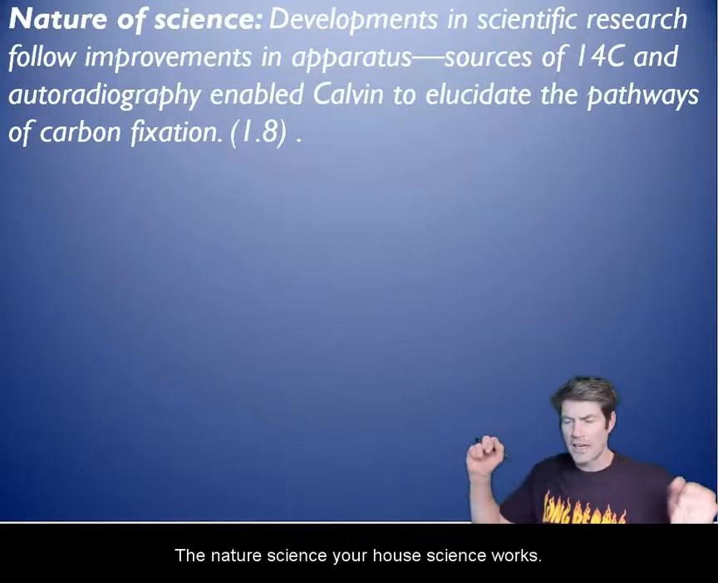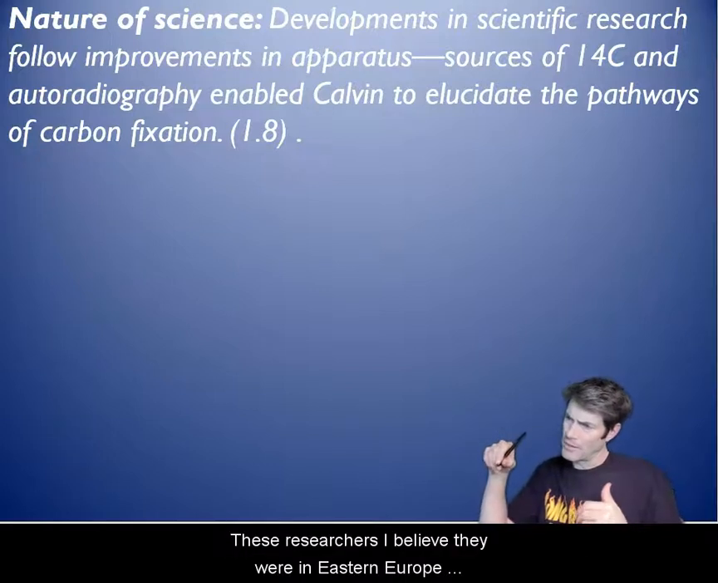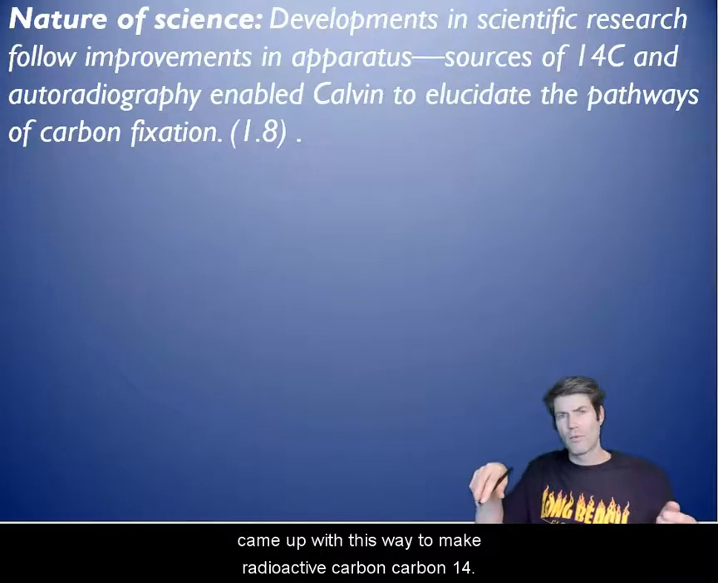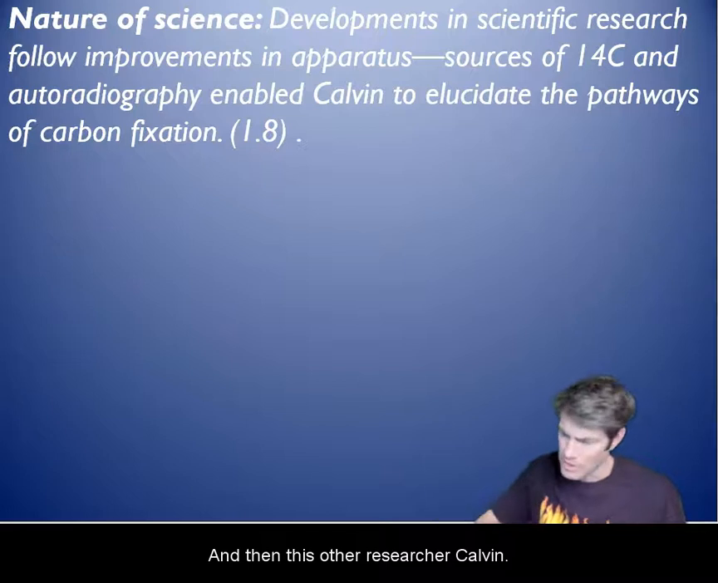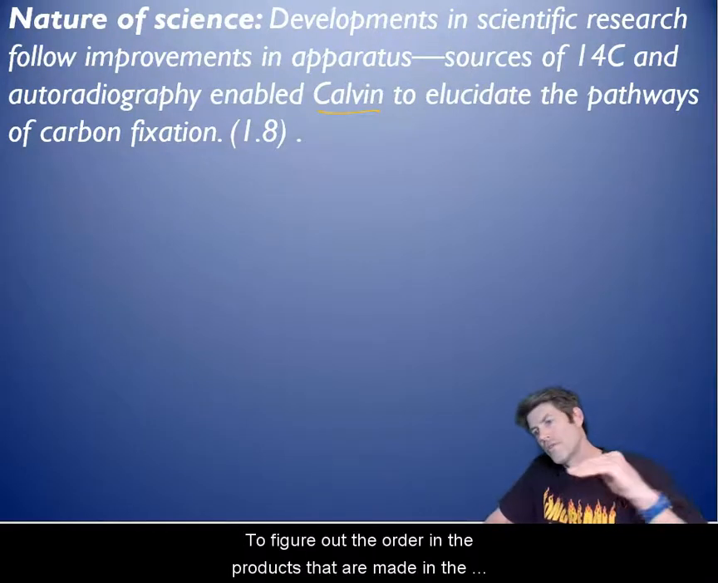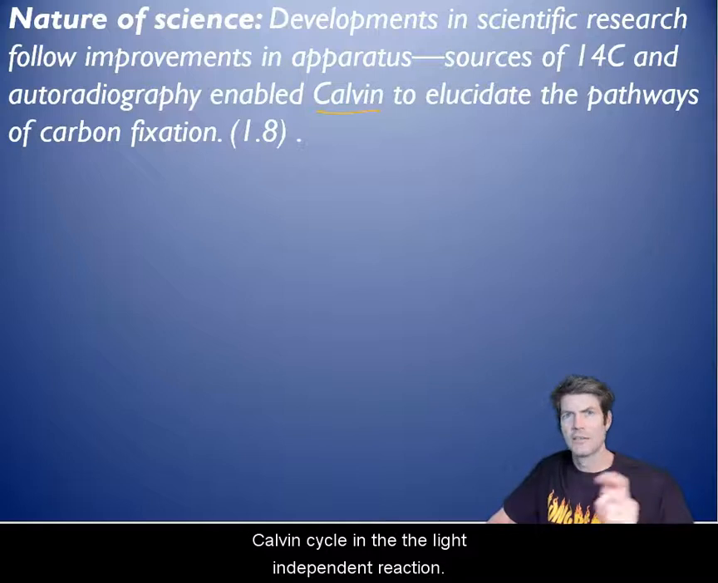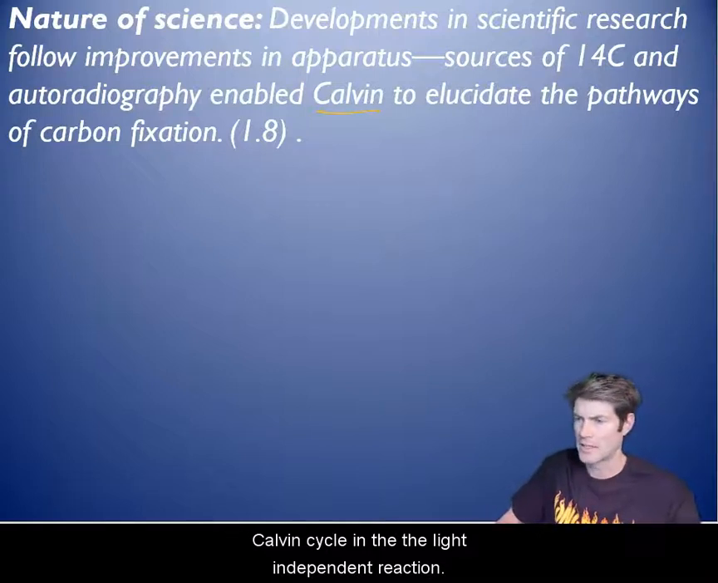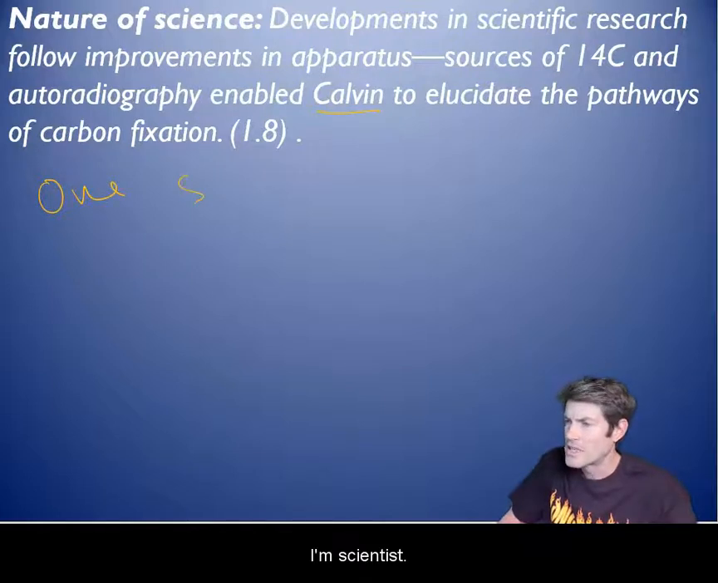So the nature of science, how science works. These researchers, I believe they were in Eastern Europe, came up with this way to make radioactive carbon-14. And then this other researcher, Calvin, figured out a way to use it to figure out the order and the products that are made in the Calvin cycle in the light-independent reactions. So basically one scientist